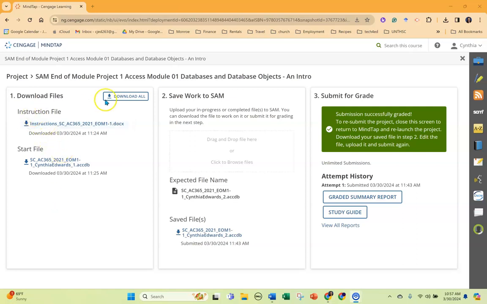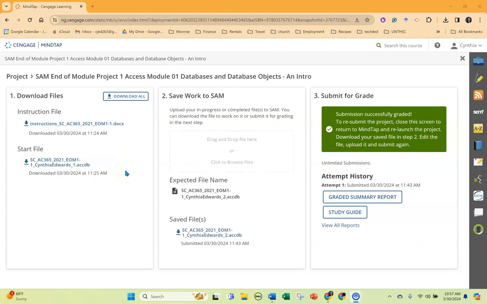So I've already downloaded these two items. Of course, we just hit download all. I have the instructions on a different monitor just to keep the process and flow going for this tutorial. You may want to do the same. You may want to print the instructions, or if you only have one monitor, you could do it side by side or switch back and forth. So many ways that you can set that up. We also have one